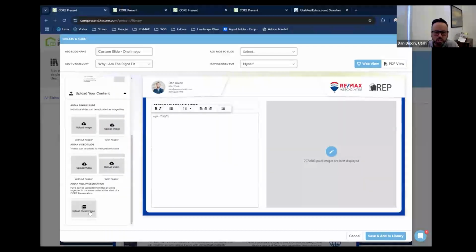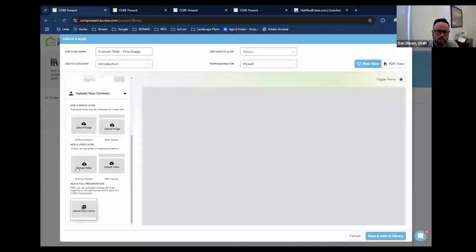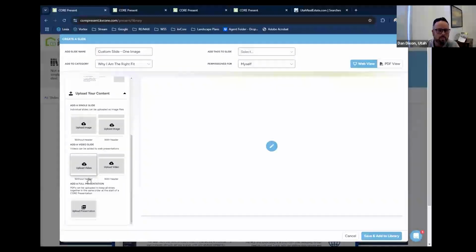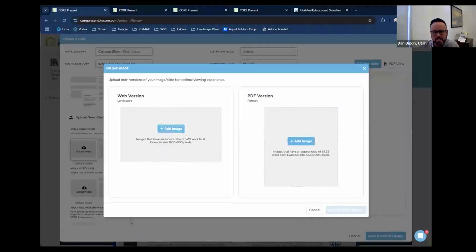You can upload just a PDF that you create, or you can upload a video, which I haven't played around with, but Matt Barton probably would like that. Or you could upload just your images, right? So if you had GIFs or JPEGs or whatever that you wanted to upload, you could do that here.